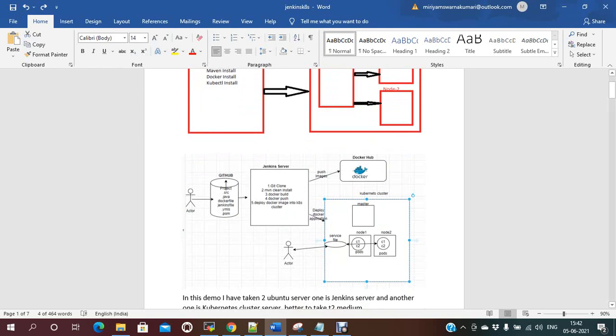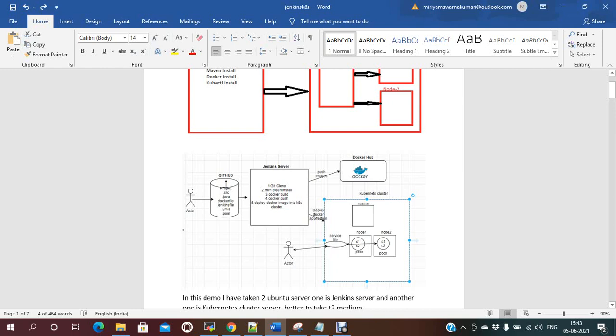So this is the architecture which I am going to discuss. We will keep our code in GitHub. It will get the code and create the build using the build tool Maven, and once the build is done, we'll get a WAR file. I'm creating the Docker image using that build, and once the build is done, I'll push that image to Docker Hub.